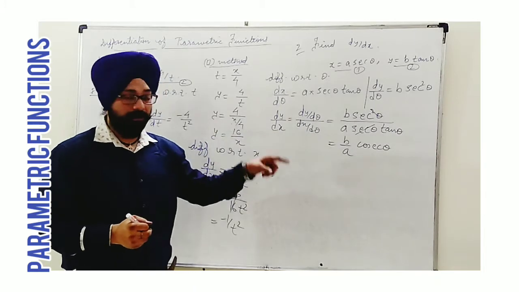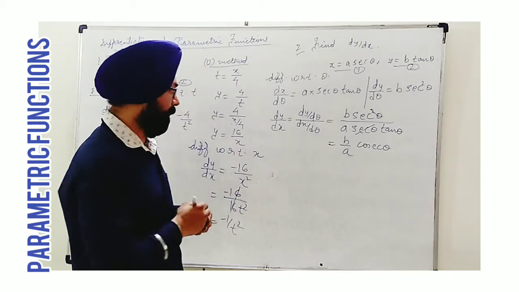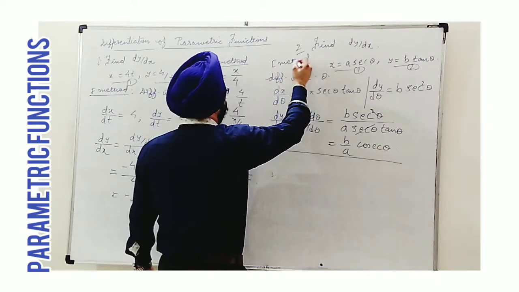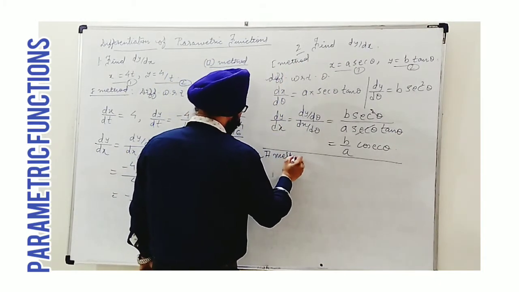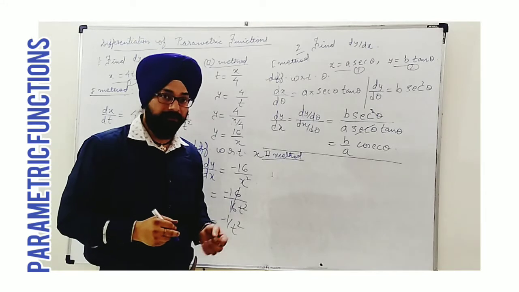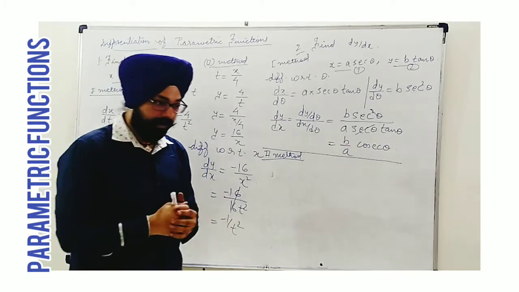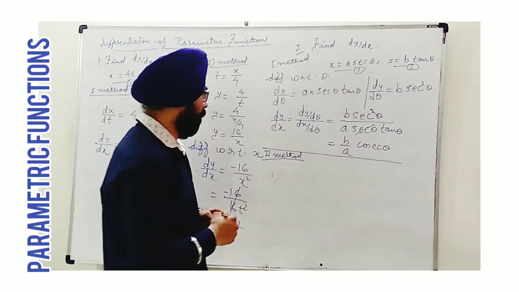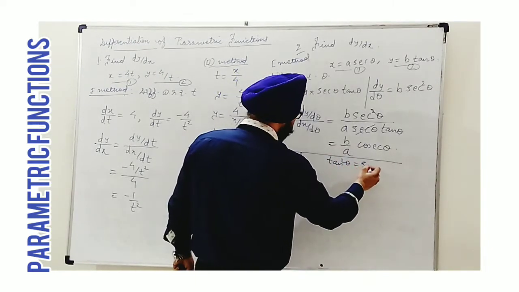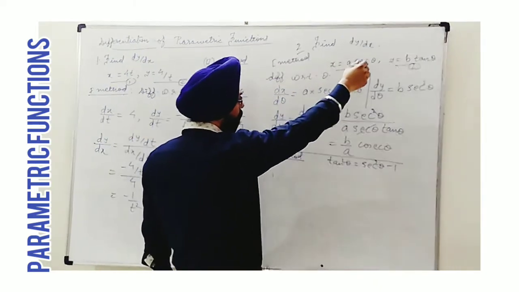Okay. Now for this question also, I will tell you the second method, meaning to convert first into implicit form, then to differentiate. Let's see. This was the first method. Second method: as here the parametric form is given in terms of trigonometric functions, we need to use trigonometric identities. X is given in terms of sec theta, y is given in terms of tan theta. We have a Pythagorean identity that tan square theta can be written as sec square theta minus 1. So from 1 and 2, first of all we will take 2.